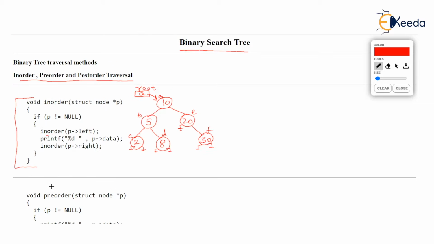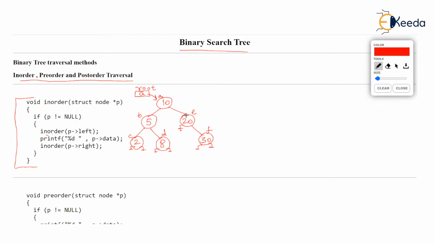Now I have constructed a binary tree over here. It's basically a binary search tree because you can see that lesser values are stored to the left of root and larger values than root are stored to the right. So this is a binary search tree with nodes having some addresses in the memory. To keep it simple, I have assumed that the address of 10, or this node, is A. You know that the addresses are never like A, B, C, but to keep it easy, I have labeled the addresses as A, B, C, D, E, F. So address of 30 is F. Actually, it is going to be some byte number like 30,000 maybe.